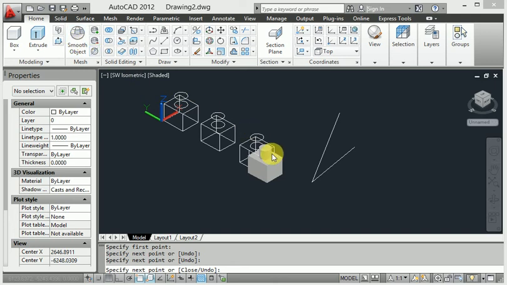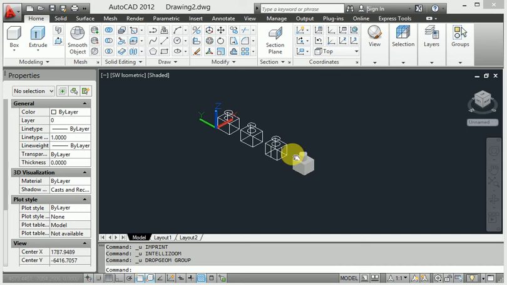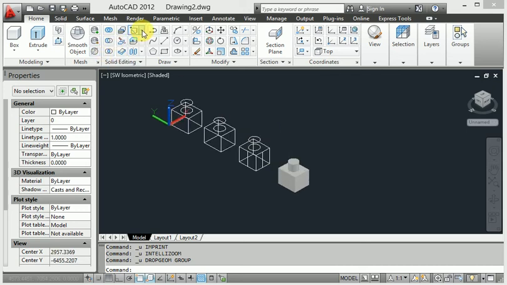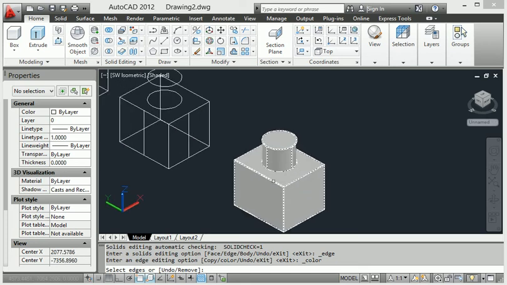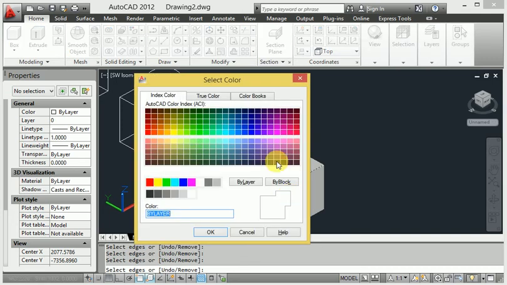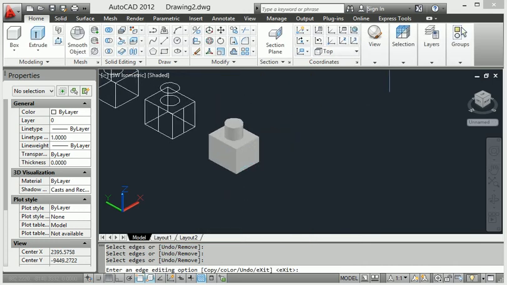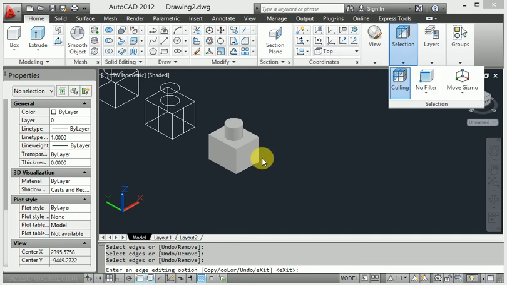Now again, I will show you color edge. When I enter it, click this edge, also this edge and this edge, and enter. We provide a particular color, but it does not show here.